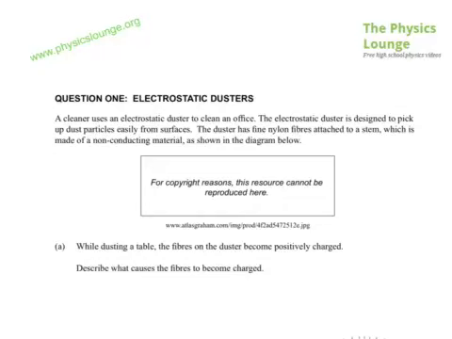This is the 2012 Electricity and Electromagnetism Level 1 paper. Question 1, electrostatic dusters. A cleaner uses an electrostatic duster to clean an office. The duster is designed to pick up dust particles easily from surfaces, has fine nylon fibres attached to a stem, which is made of a non-conducting material as shown in the diagram below, which you can't see, but roughly there's further pictures down below. It's got a stem and it's got fine particles that stick off on the end to